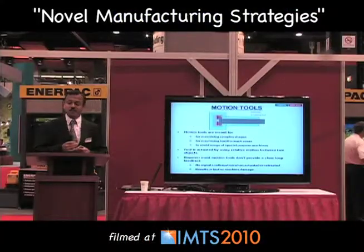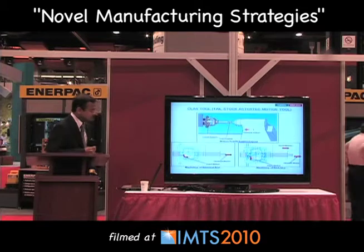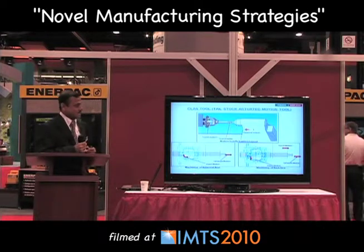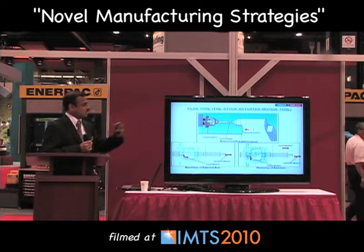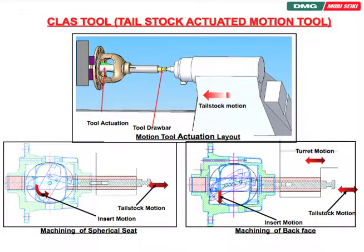But we have taken it one step further, and I'm going to illustrate it with an example of a differential case. If you know the differential case, there is a spherical seat which needs to be machined inside, and you can use drop-in tools, but in some cases the cavity, the opening in the differential case, doesn't allow you to actually go inside the part to machine the spherical seat. So there is only one way to process it, using a motion tool,